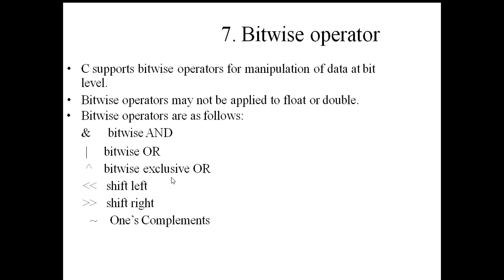And once complement, in this case the bits in the operand will become complemented to the value that you already have existing. So if you have 1 in your bit position, that will be complemented to 0, and if you have 0, that will be converted to 1. Likewise it will perform the complement operation on all the bits of the individual operands. This is about bitwise operators.